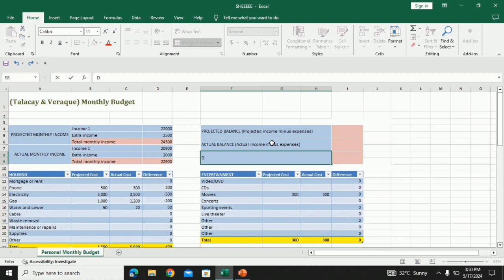Lastly, the difference. Open close parenthesis, and put actual minus projected.